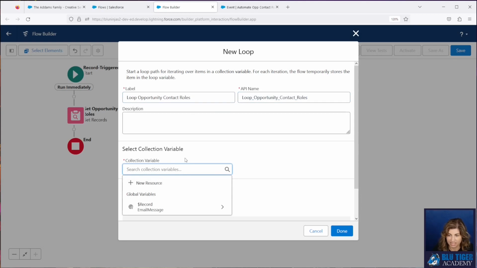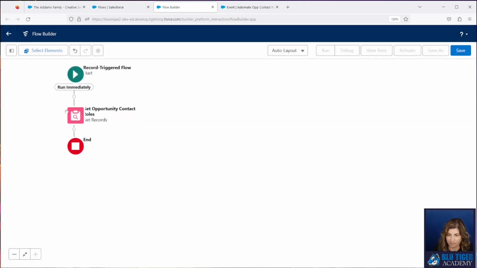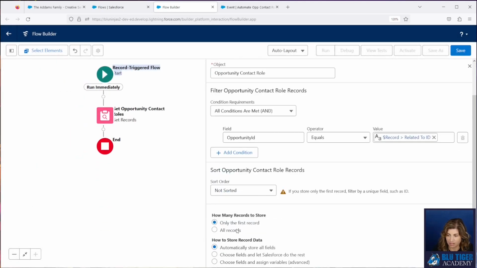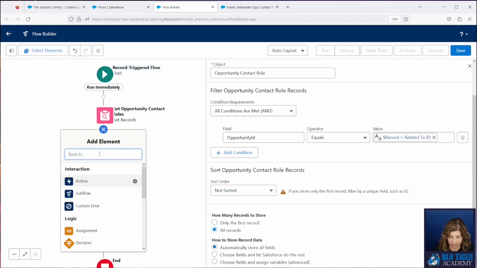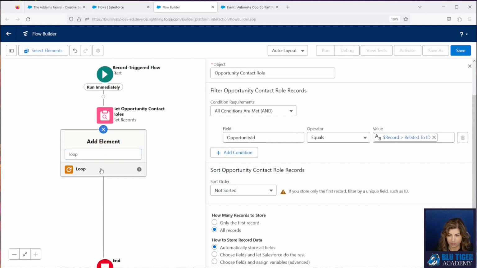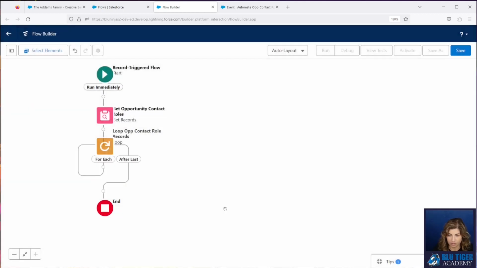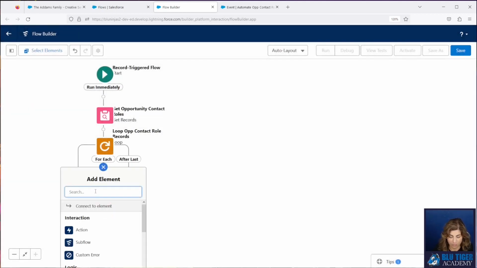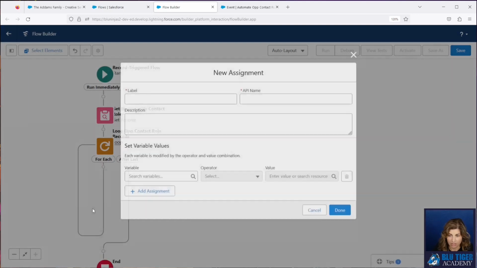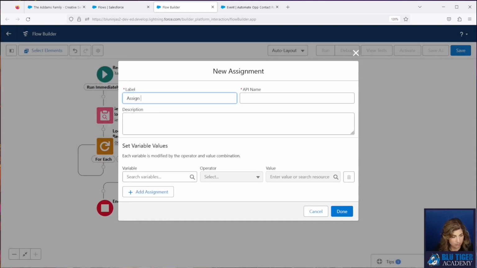Oh, we can see I can't loop anything here. The reason for that is I did not make this say all records. There we go. Now we can loop. There it is. And then we will assign the contact IDs to a collection variable.